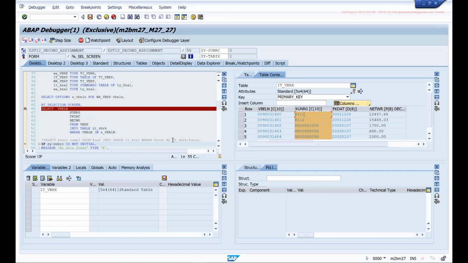Whereas if I write a select like this, where IT_VBRK KUNRG, the system will complain because you cannot directly access a field of an internal table, right? That's what we've learned. You always need a work area for that.